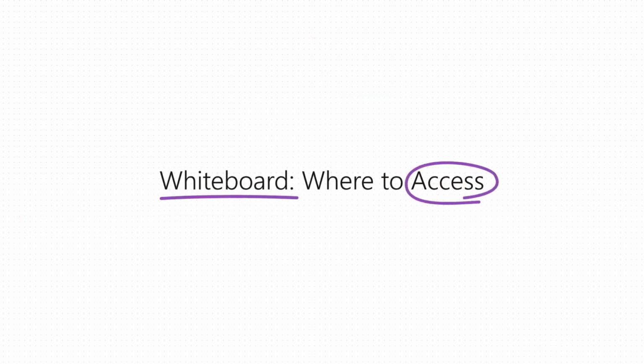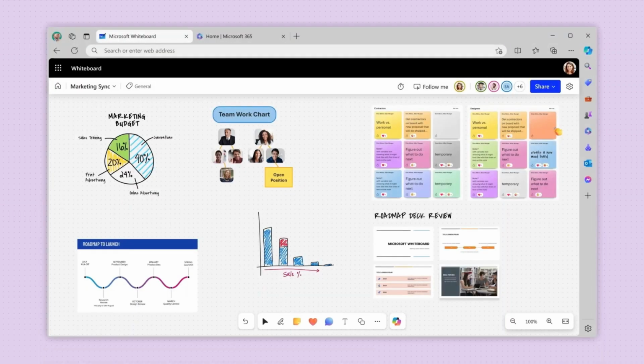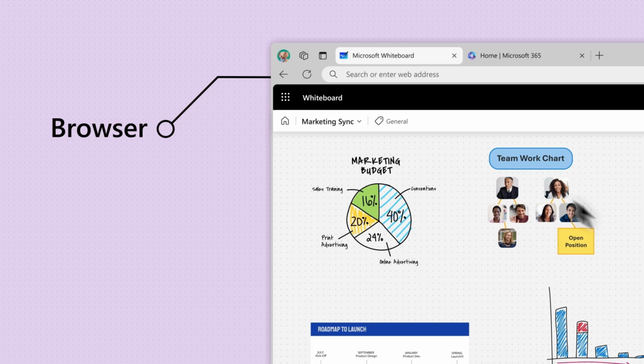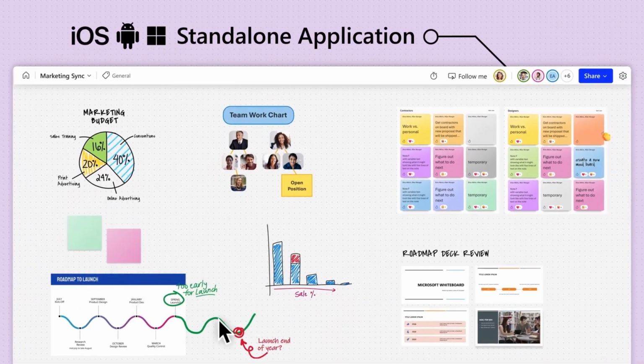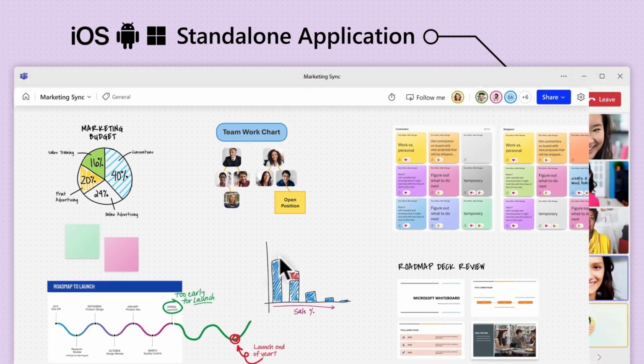Whiteboard works wherever you work, however you work, offering the same experience, no matter which device you prefer. Anywhere you have access to a web browser, you can navigate to whiteboard.office.com. Or, if you prefer the standalone app experience, simply download Whiteboard on Windows,